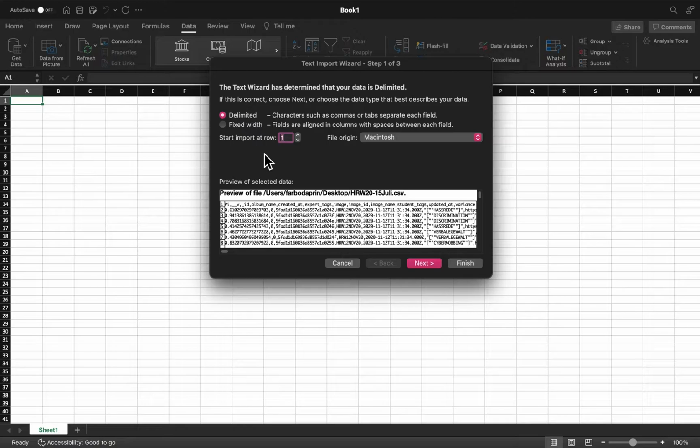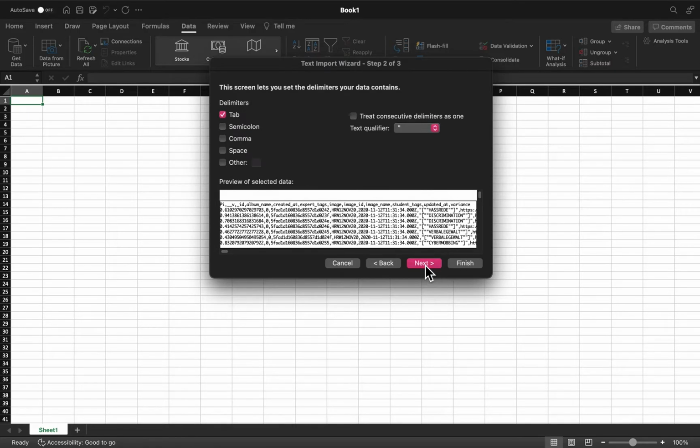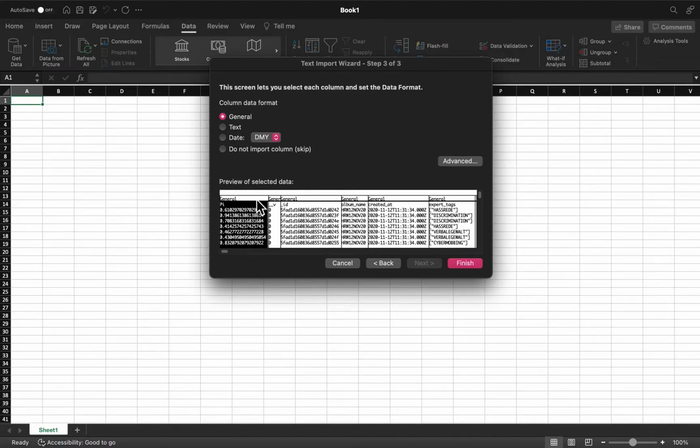So what we do, actually, we have the preview data. As you can see, we just click next. We check if it's semicolon or comma. In my case, this is comma, and I click next, and then here